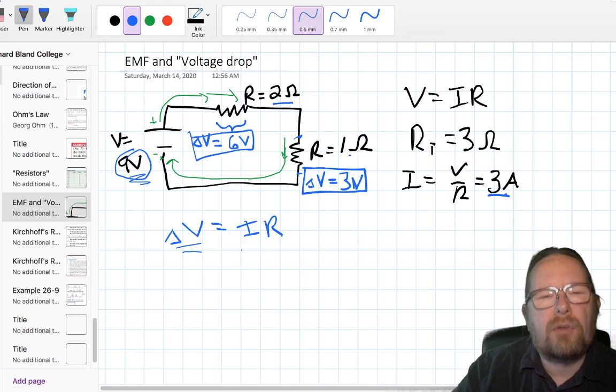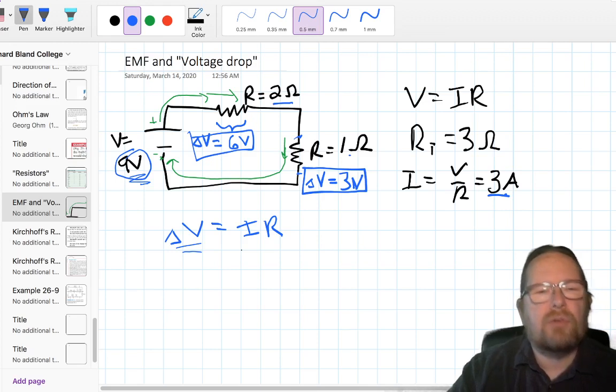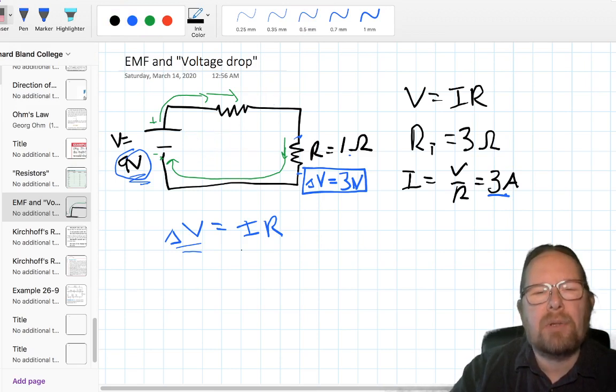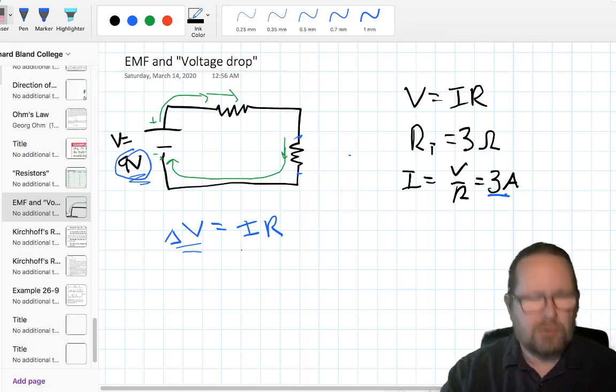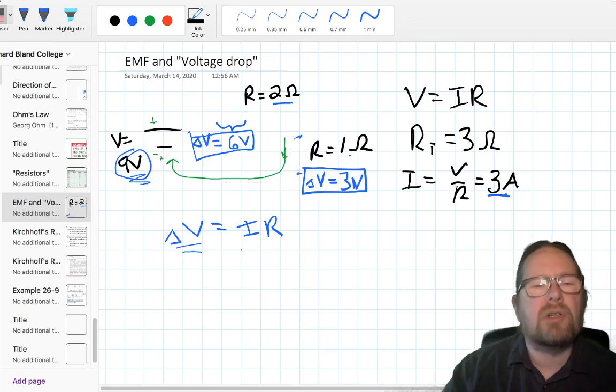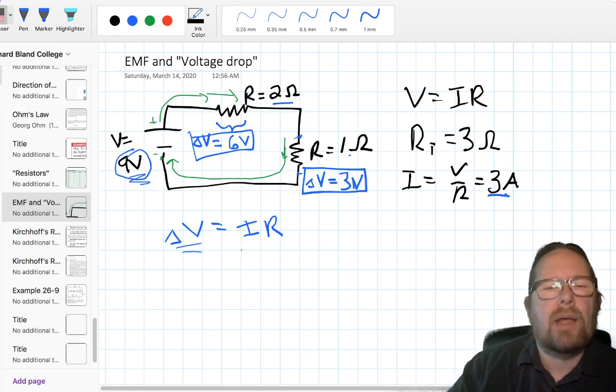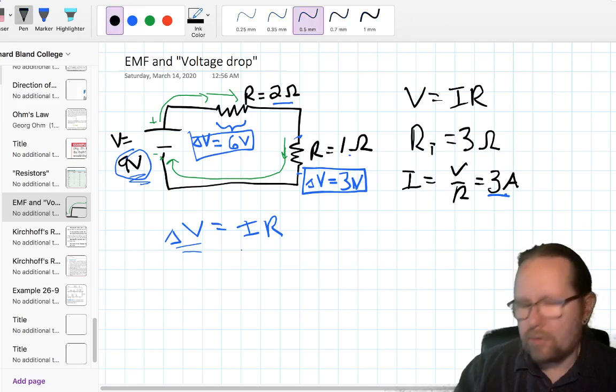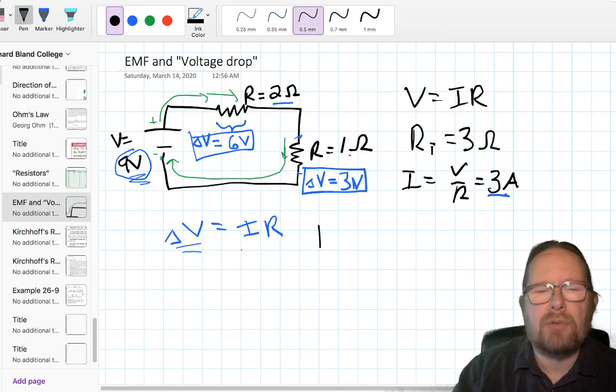So this idea of a voltage drop is relevant if you are measuring the voltage in a circuit. We're not going to get much of a chance to do that for real this semester, but we are going to do a simulation lab where we do that. If we had a voltmeter that measures electrical potential difference,